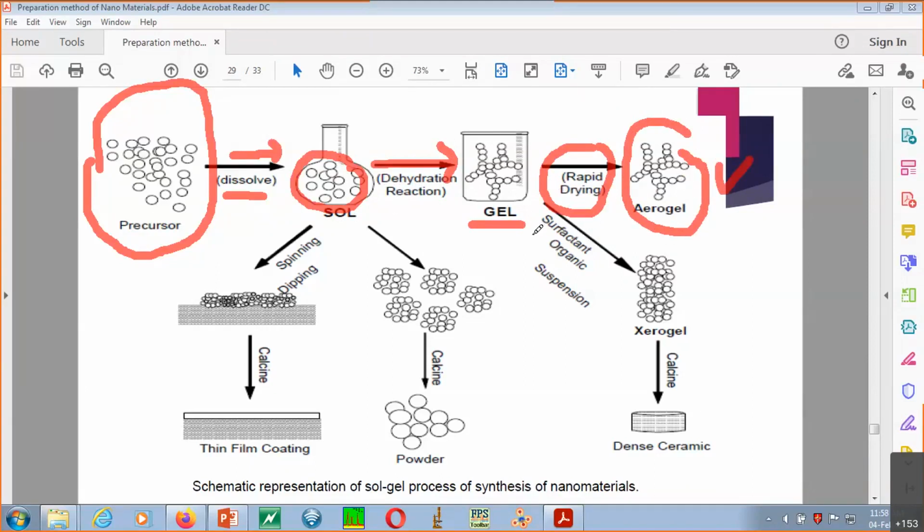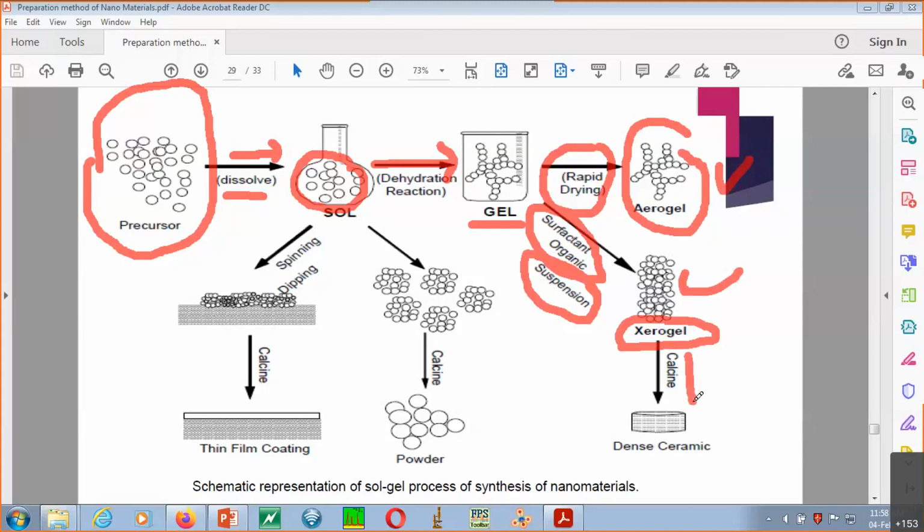Or if I do another thing, अगर मैं इसको सर्फेक्टेंट के साथ, कोई organic surfactant है, उसके साथ suspend कर दूं, so I will create a structure like this, xerogel. यानी एरोजेल से थोड़ा different जो structure मिलेगा via this process, that I can represent as xerogel. So these are just the names, nothing else. Don't worry, but the structure formation is different. Here you see it is in a different format, and here it is in a different arrangement, alignment.